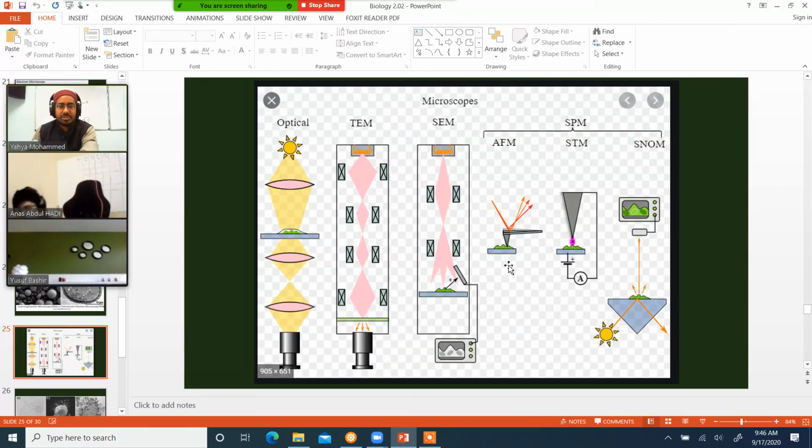So this is kind of showing the same thing. TEM, transmission electron microscope, and then SEM, scanning electron microscope. You can think of it this way: the S stands for scanning, so it's like scanning from the top. You're not passing it through; you're scanning it from the top. Make sense? With the transmission, you're sending the beam through the slide. With the scanning, you're bouncing it off the top and looking at the surface.